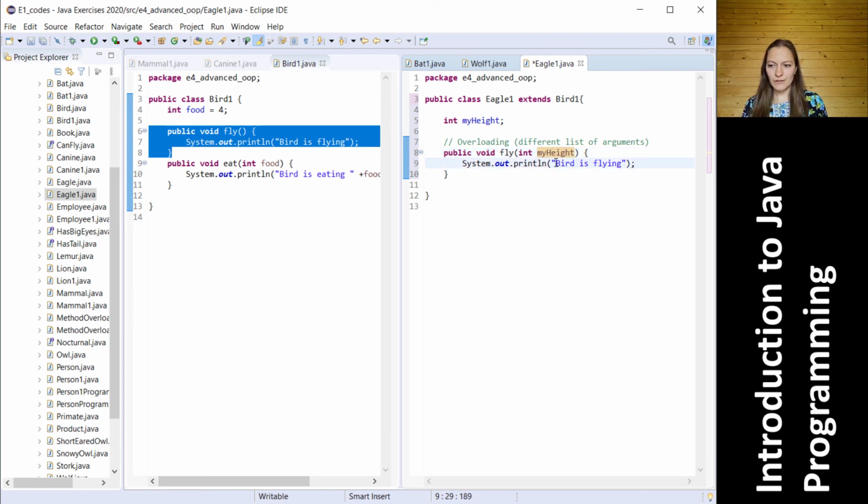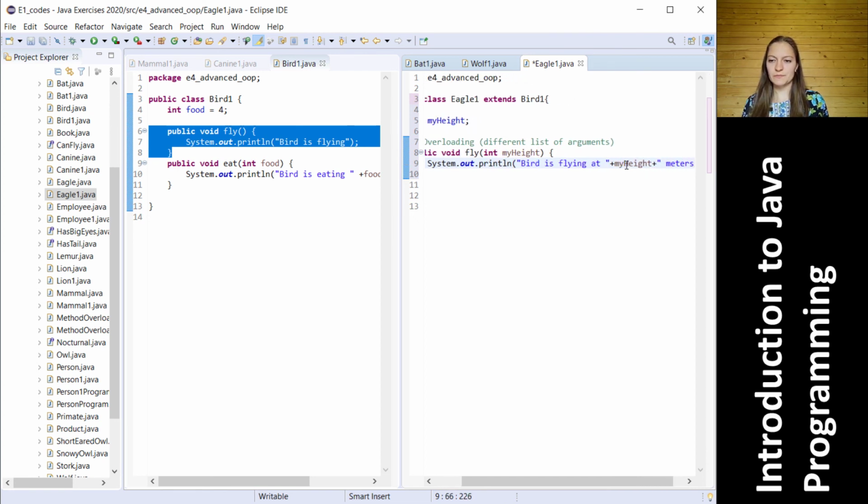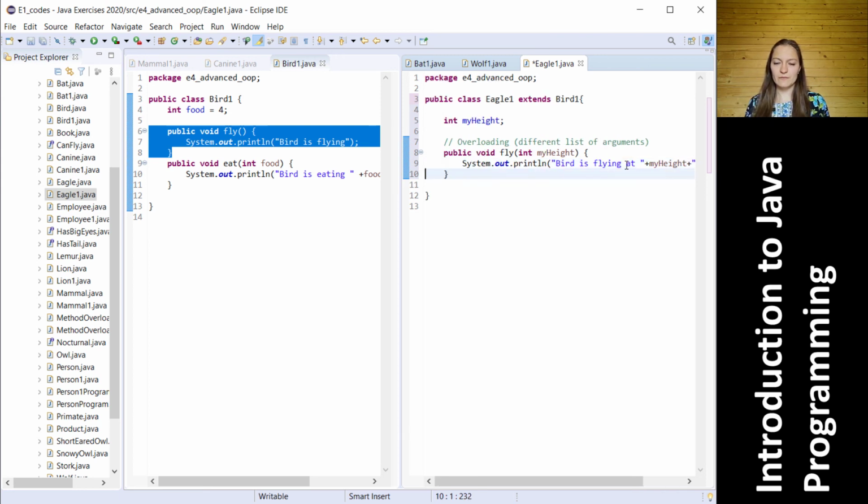and we are also changing here: bird is flying at plus my height plus meters. So let's first write also the second method. The next concept is overriding,